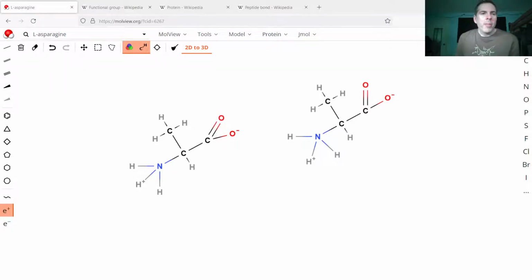I misspoke in my previous video on arginine, and I thought it'd be good just to go over peptide bonds and just how amino acids bond to each other. So what you're seeing here are two alanine amino acids. I drew them ionized just in cellular pH of 7.4-ish.